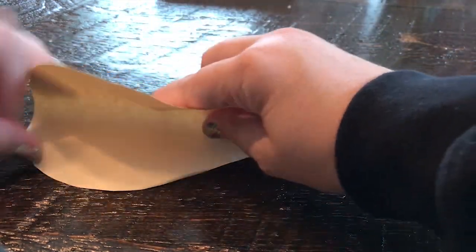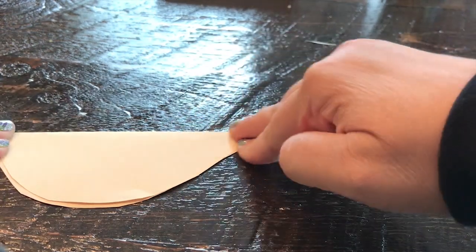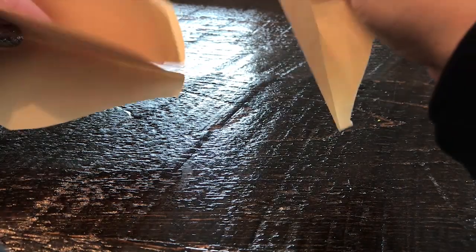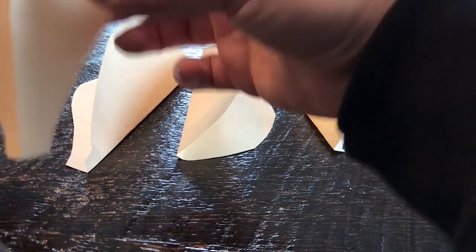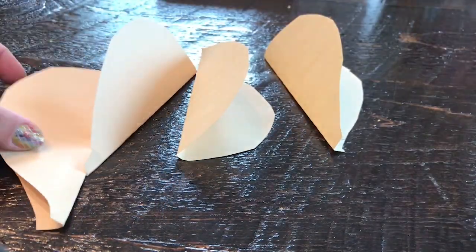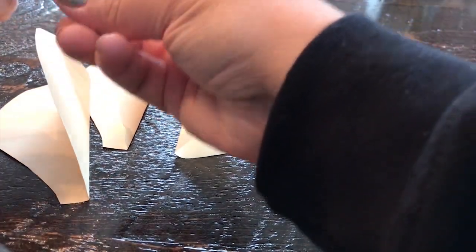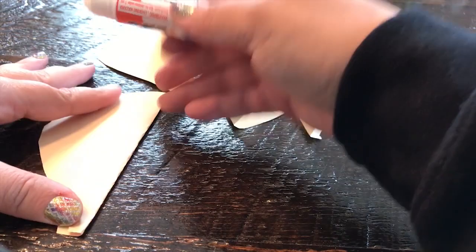You're going to take each one and carefully fold it in half. Now, once you have done that with all 4 of your cutouts, I'll show you here, I have 4 balloon sides that have been folded. Now, this is where you're going to take your tape or glue, and once one's folded,